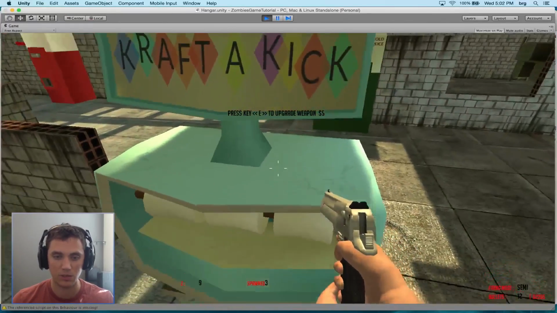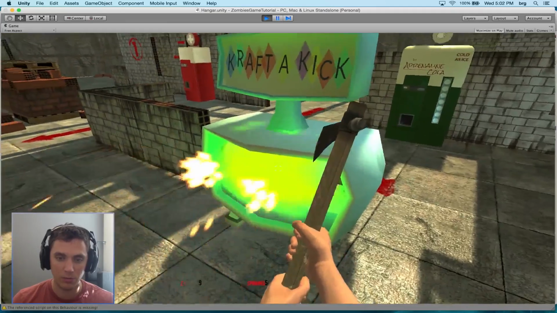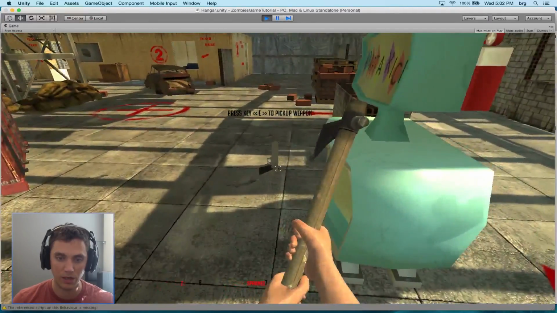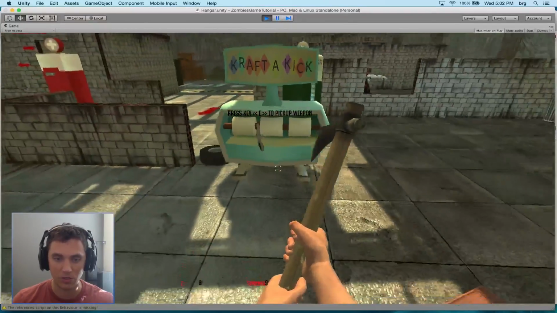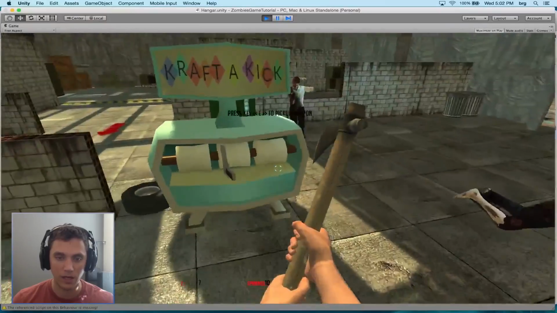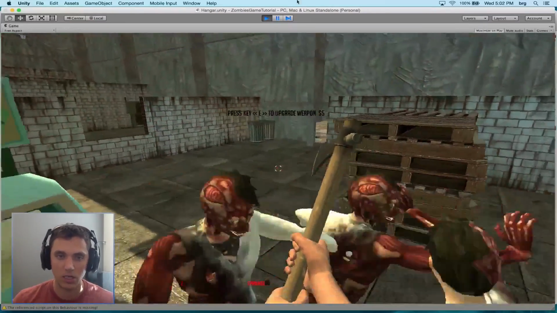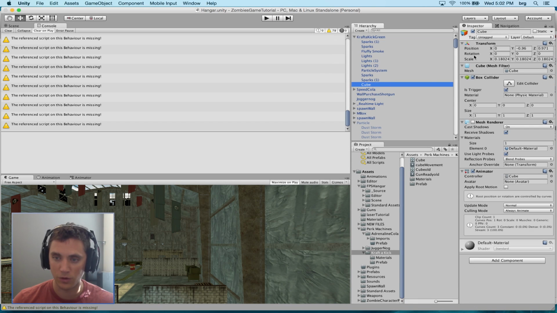So now if we hit play and see if our scripting has worked, we kill a zombie so that we can get some money, and press the E key, it will take our weapon away, replace it with an axe, and display our weapon outside. But you can see that the rotation is wrong on the weapon. We want it to look more flat on the side that you'll be viewing the weapon. So let's change the rotation on the cube, because that is the reference to our weapon rotation, and that should fix that. So if we go to rotation, we just want to rotate it 90 and 90,